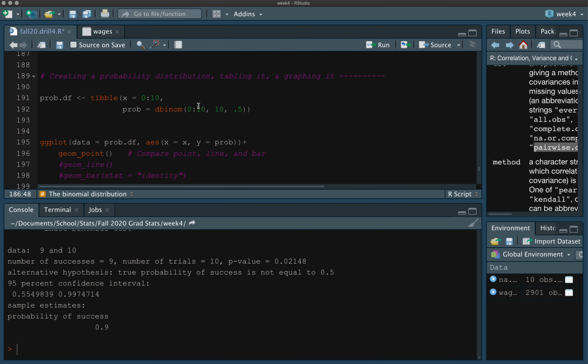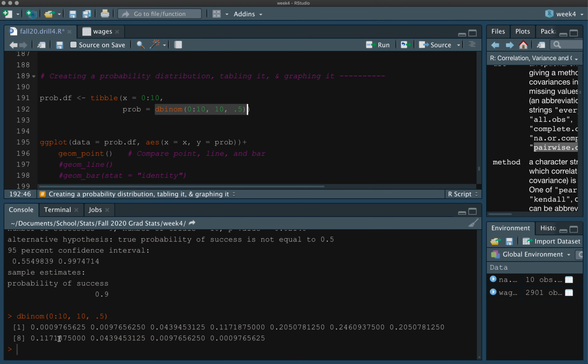The last thing we're going to do real quick is create a probability distribution, and we're going to table it and graph it. So if we are looking at 10 trials, and we're using that same dbinom function, what is the probability for each outcome between 0 and 10? If the probability is 0.5, what's the probability for each of those outcomes? So we're going to have